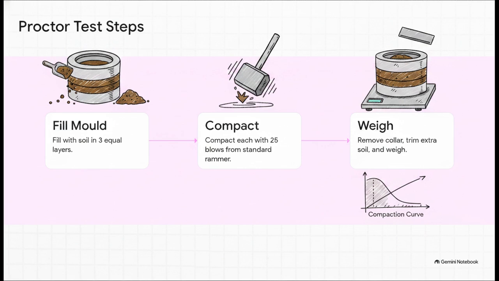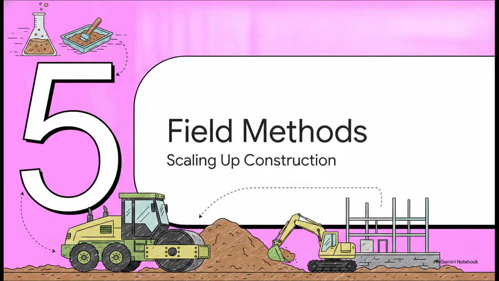Once the 3 layers are compacted, you take off the top collar, trim the extra soil perfectly flat, and weigh the whole thing to get its bulk unit weight. By repeating this at different moisture levels, engineers can perfectly plot out that compaction curve we just looked at. Okay, we know our optimum moisture content. Now we need to scale up our lab data onto a massive construction site in Section 5, Field Compaction Methods,